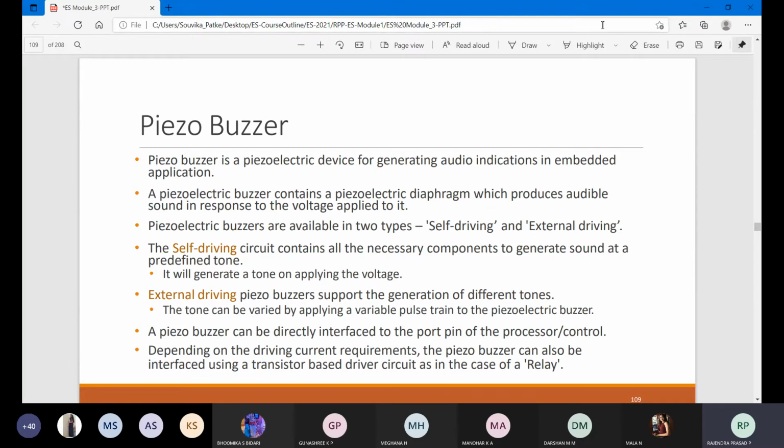So many applications will be there. I will be sitting in this room, and the washing machine will be in some other room. I cannot go and see every 10 minutes whether it is over or not. So I'll give a buzzer. It will give a beep sound, indicating it has completed its task. That is the information which I will get. So you will now know the use of a buzzer, right?